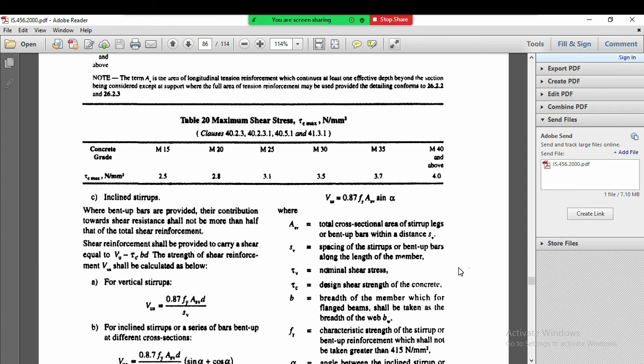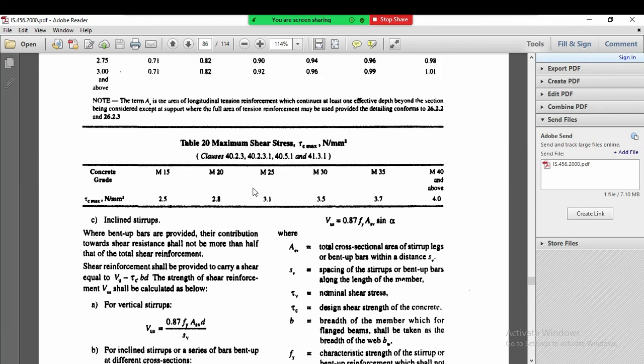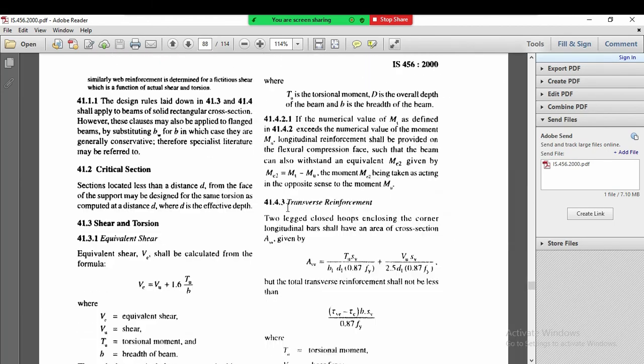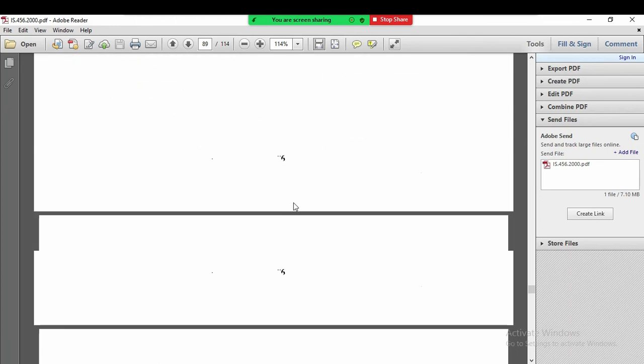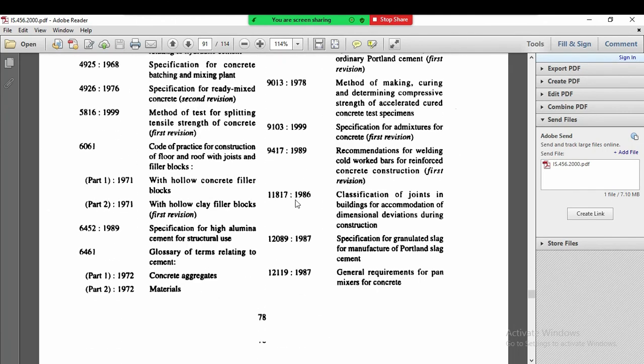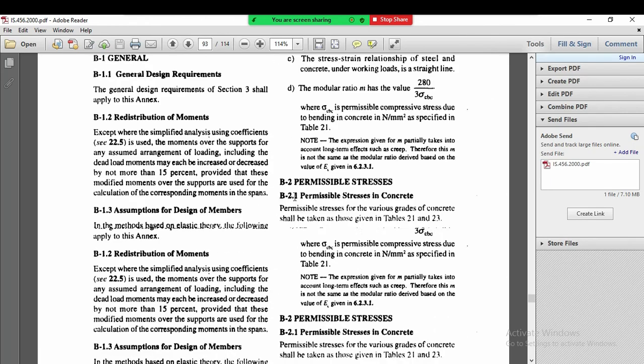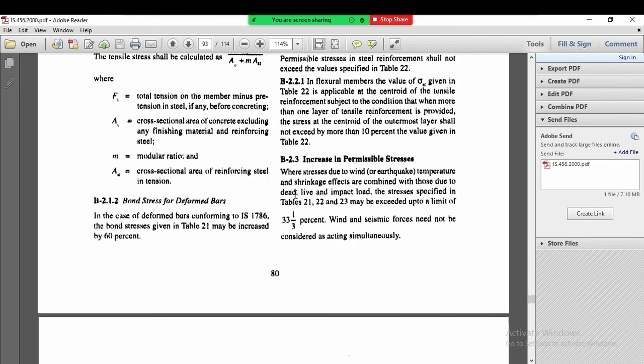what is the maximum shear stress now? Tau C max for M20 grade of concrete. It should be 2.8. It should not be greater than 2.8. Okay, the first thing is here, the maximum shear stress tau c max. So our shear stress is less than the tau c max, so it is okay. Okay, so I will search here first the page number 23, table number 23, where it is given or it is wrongly written, that I need to find out.